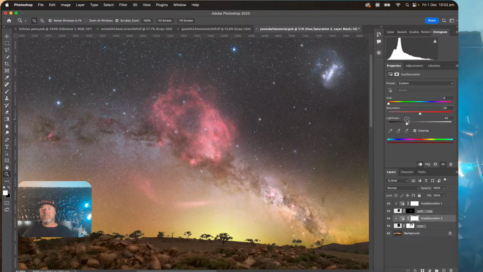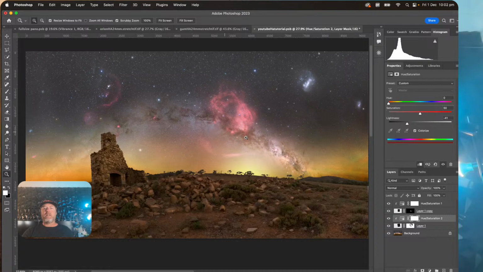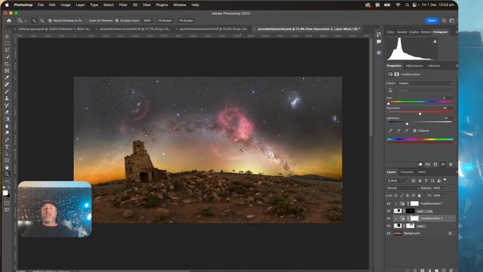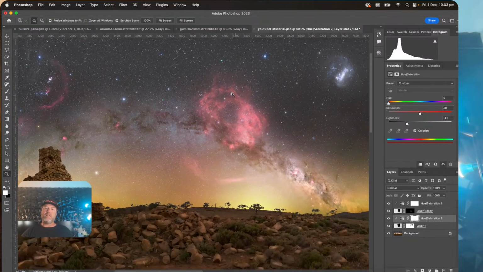So sometimes less is more. And straight away, if I turn this layer on and off, you can see how much we've just added in. So it's an extremely powerful thing to do to get all that beautiful nebulosity in there. And what I'll say at this point is what you can see, we've only added in